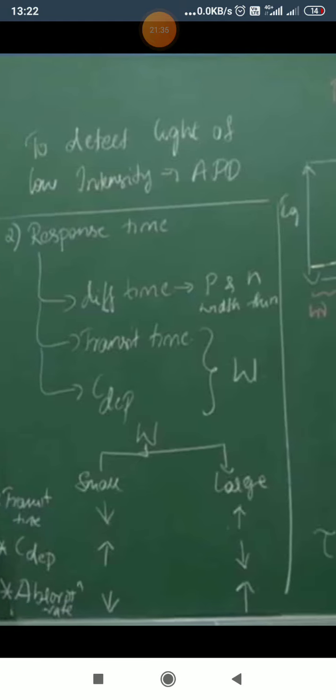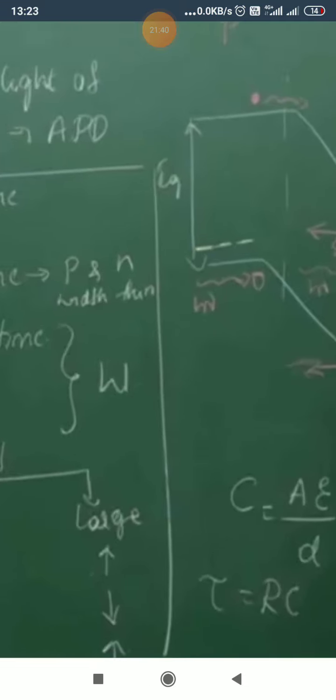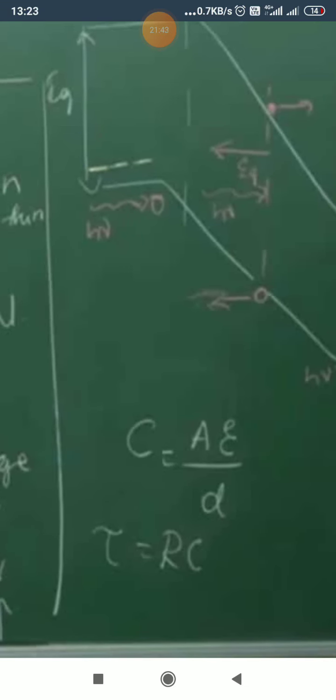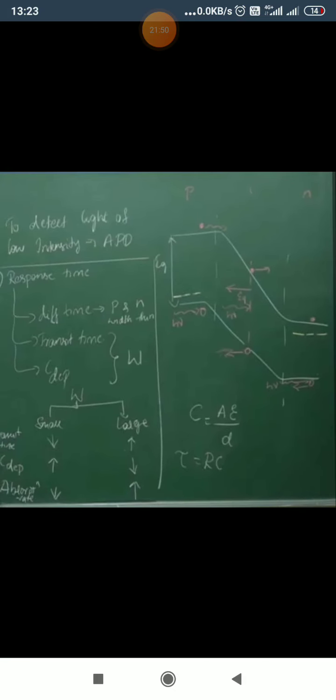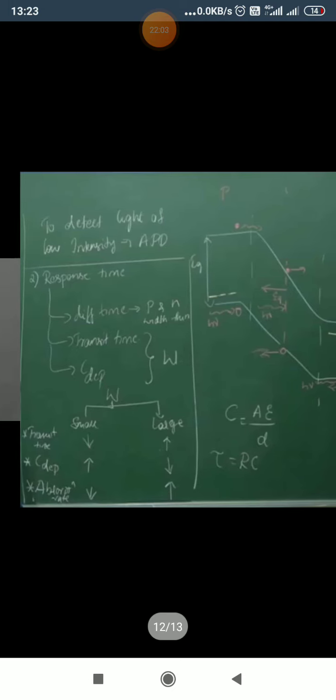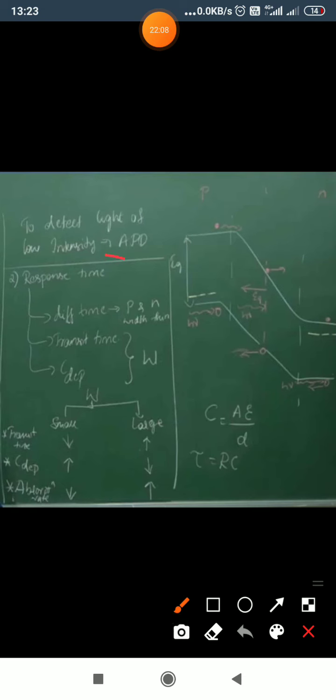Now, what will happen if capacitance is small? Again, one more formula, the capacitance formula we know: area into epsilon divided by distance. So the capacitance will increase if the distance is less. Capacitance value will increase if the distance, that is the depletion width, is less, meaning the capacitance value will be more. Again, why we are taking that capacitance here to explain this response time is because